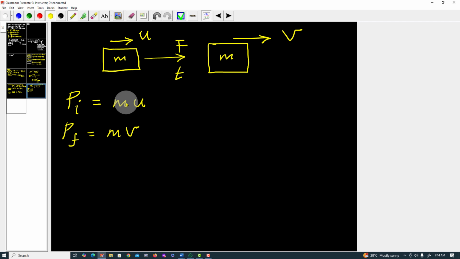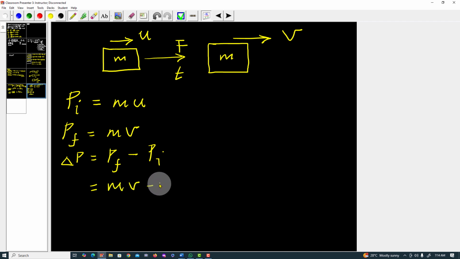And we can see that this momentum has changed. We can get the change in momentum, which we are going to call delta P. Delta P is going to be equal to the final momentum minus the initial momentum, and this one is going to be equal to